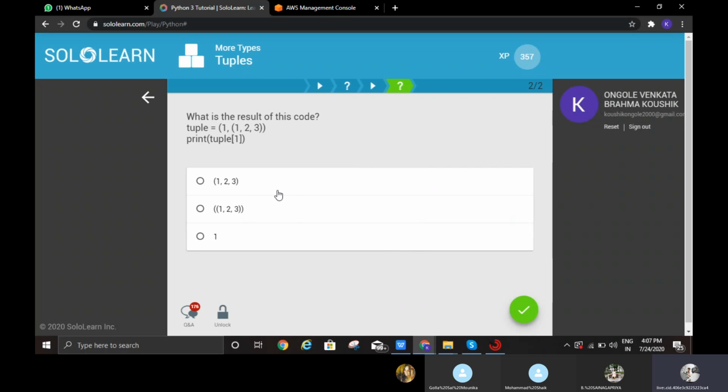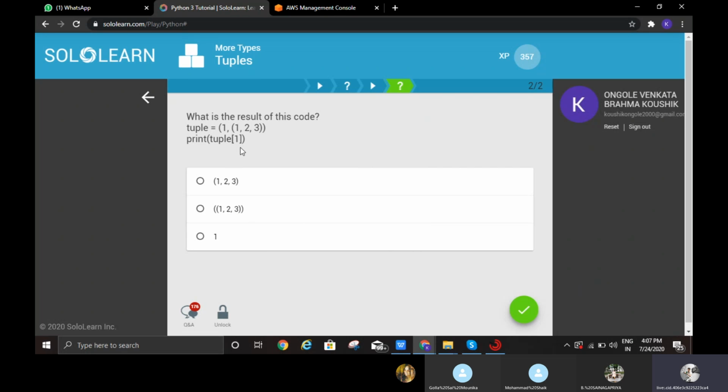What is the result of this code? Can anyone answer this one?